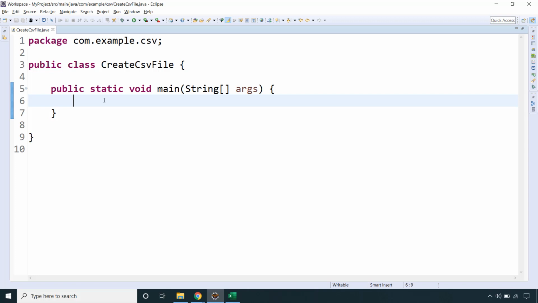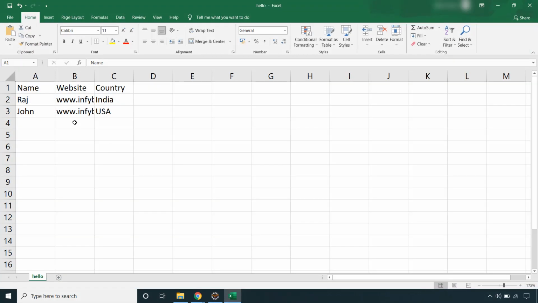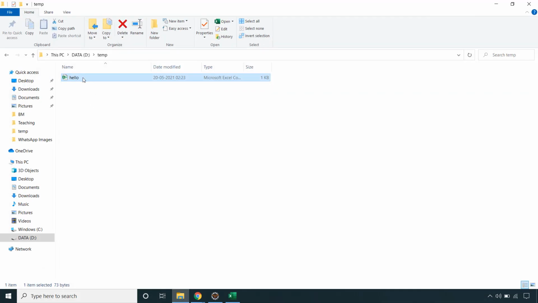If you are not aware, then let me quickly show you how a CSV file looks. This is the example of the CSV file that we are going to create in this video. Here we have this column header, okay? Actually this is comma separated values, and you can open a CSV file with any of your text editors. Also you can open it with Microsoft Excel as well. MS Excel will give you a better idea, okay? So this is our column header and we have two rows, okay?